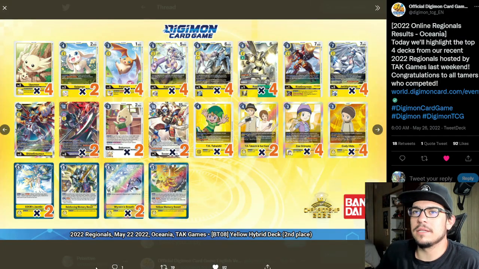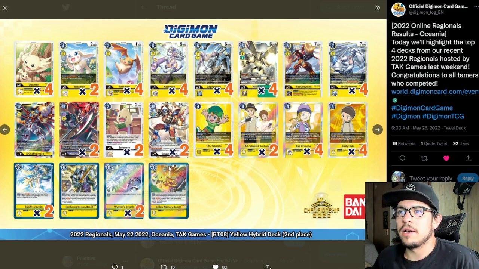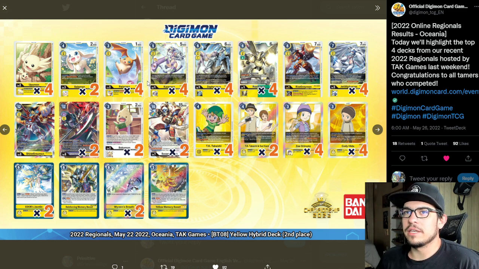Alright, and then the next list that we're getting into got second at the TAC Games Regionals. Now, this one has some interesting things for us here. Now, we have the 4 Upamon here. Now, the 2 lists that we've looked at so far do have the 4 Upamon. I actually tend to see the Cupamon a little bit more, so we'll have to see how the ratios line